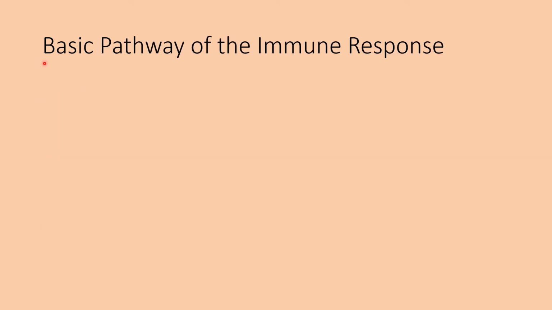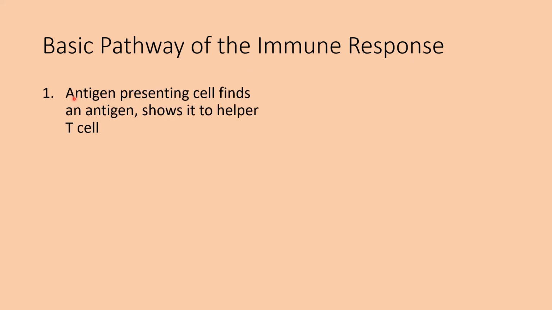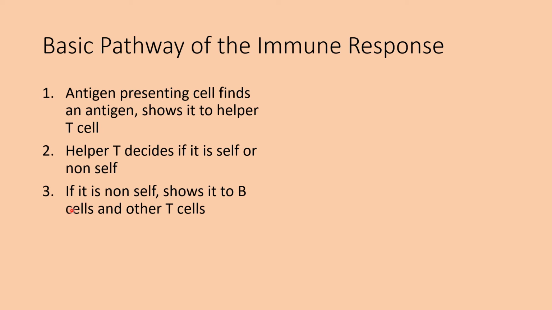So this is the general pathway of the adaptive immune response in the body. An antigen presenting cell, some type of macrophage or phagocyte, finds something weird, engulfs it, takes a little piece of it, and then goes and takes it to a T cell. And the T cell looks at it and is like, okay, is this part of our body or is this something else? And so if the helper T cell decides that it's not part of the body and it's dangerous,